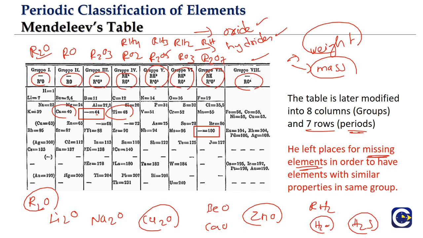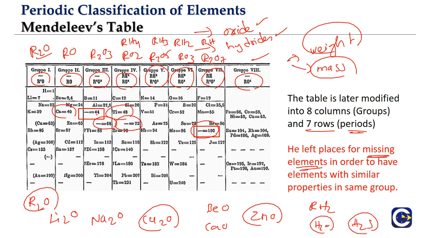Okay, so you can see here we can have different other missing elements. We have so many missing elements, and some of these elements were discovered later and some were not discovered even today. If we look at the Mendeleev table, at that point of time, some very important elements that we talk about today were not yet discovered. Like say the inert gases were not yet discovered. Inert gases were discovered after the initial attempt of Mendeleev.